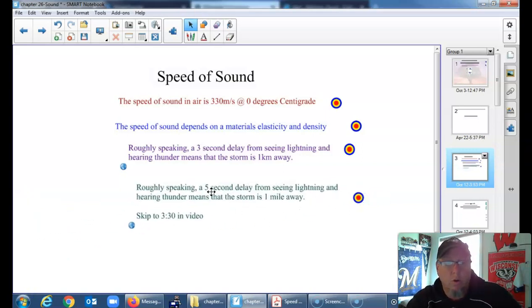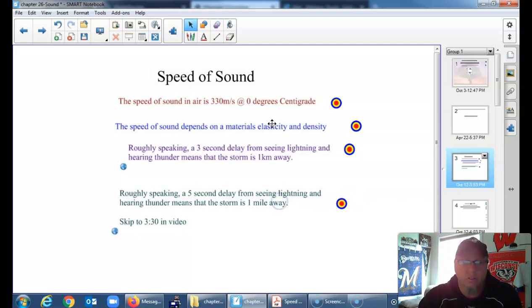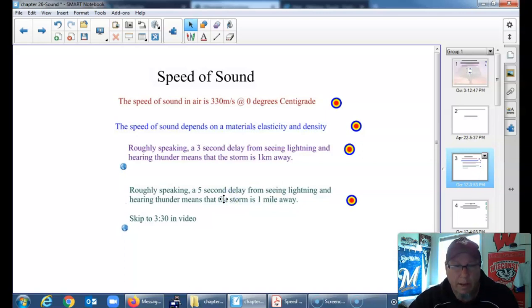If you wanted to do it in miles instead of kilometers, every 5 seconds is 1 mile. And like I said, for that second flash, I got about 13 or so, so we could probably round that to 15, because I wasn't being super scientific with a stopwatch or something. If you count by 5s, 15 divided by 5, it's about 3 miles away. It's not perfect because you have to remember that the temperature is going to change the speed of sound anyhow. So it's kind of a rough science, but there you go. Every 5 seconds equals a mile.